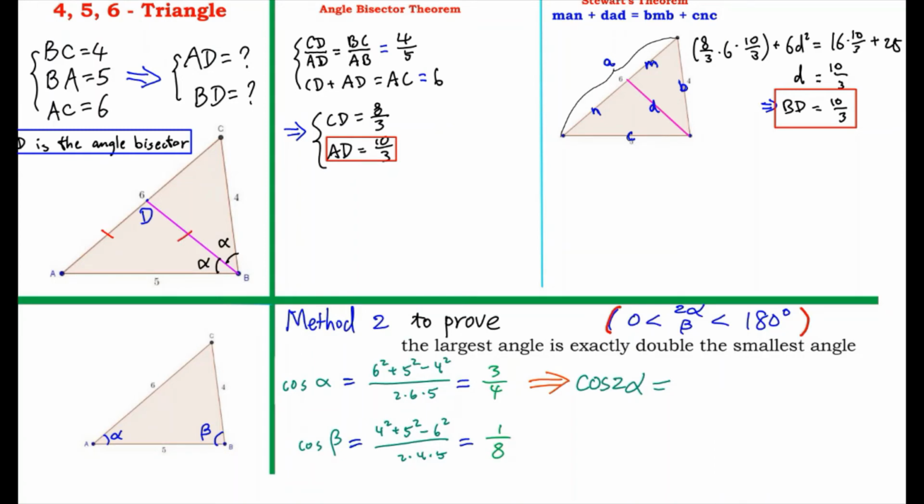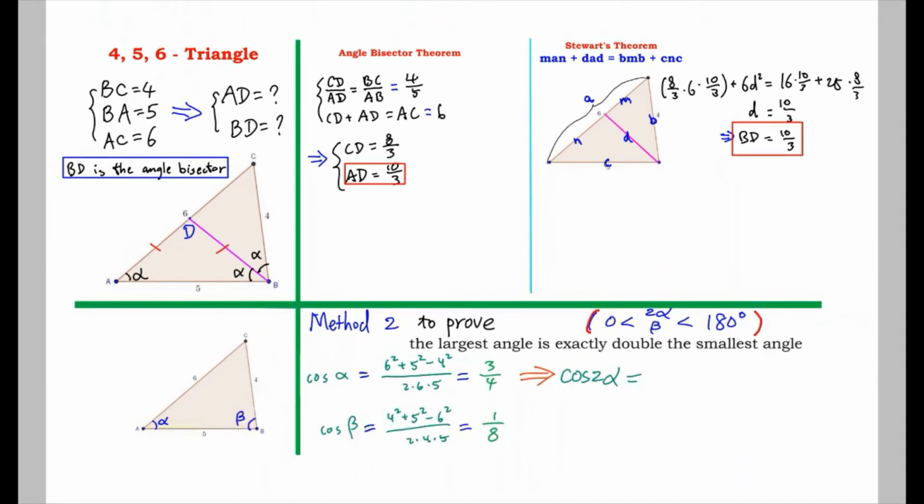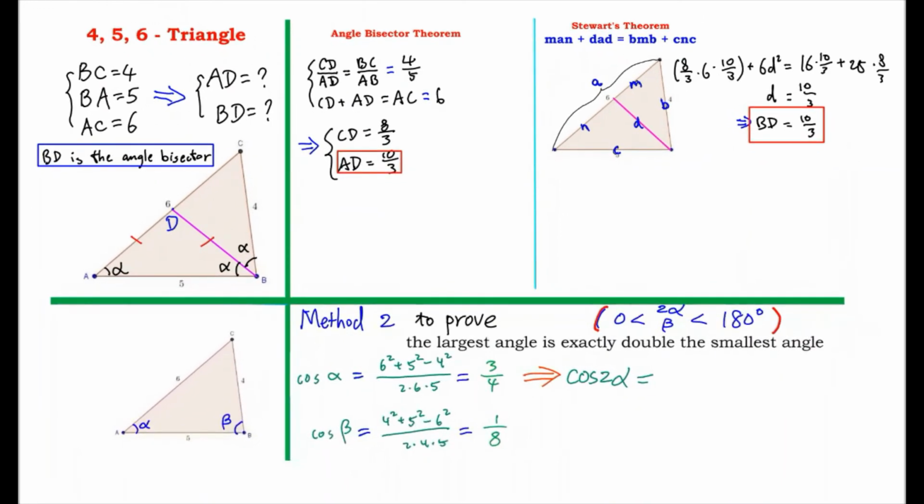That also means that angle DBA is the same as angle CAB. So now we know that angle CAB